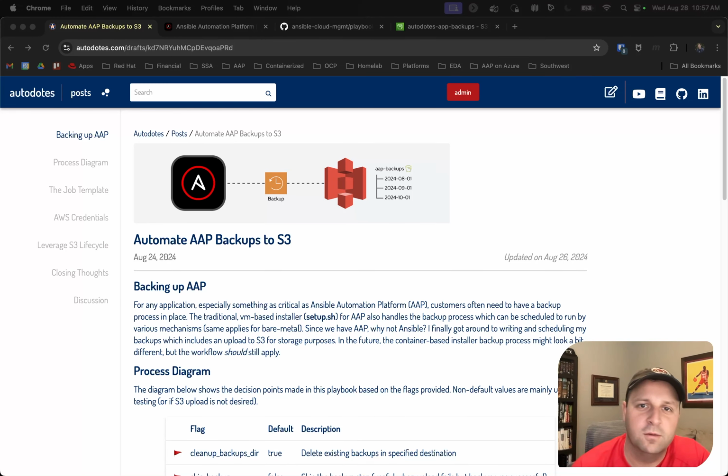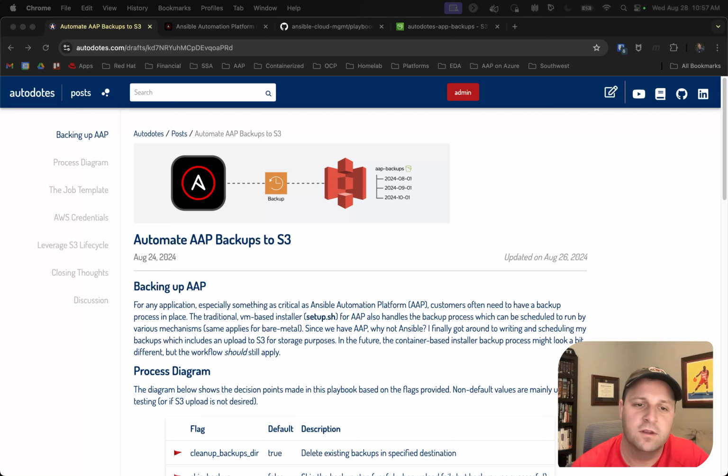Today I'm going to walk through an automated process to back up your Ansible Automation Platform instance and upload that to AWS S3. So for my example, like I mentioned, I'm using S3, but for you, you may not use AWS. So this process would still apply for any other downstream storage that you're going to leverage, whether that be Azure Blob Storage or Google Storage account, or even just somewhere on-prem that you want to place your backups for